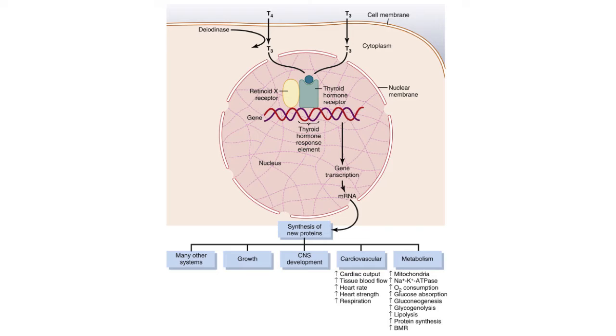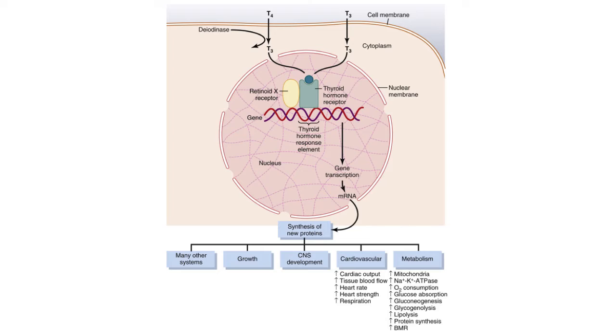Because if you will remember the effects of thyroid hormone, it increases metabolism and the requirement for oxygen. And so, to provide that, thyroid hormone will also increase the rate of ventilation and how deep the breathing occurs